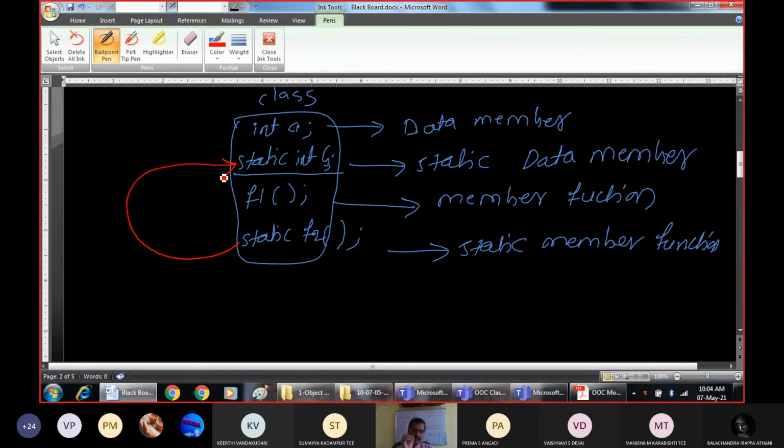The only purpose of static member functions is to access and modify the static data members, because the static data members are common data values which should be given for all the objects, and all the functions should not be able to access that data because that is the common data, and there must be someone responsible for changing the value of that. For that purpose, we use some static member functions.